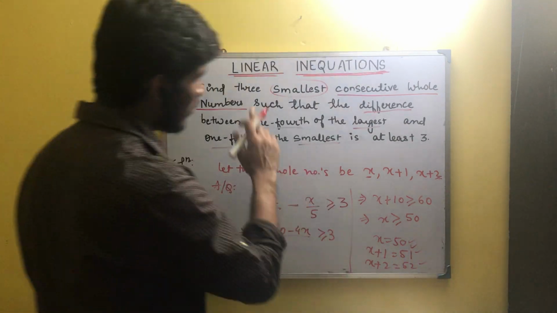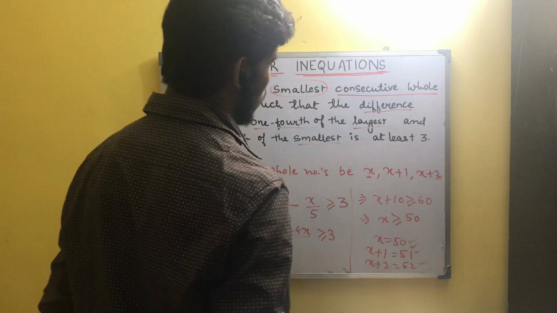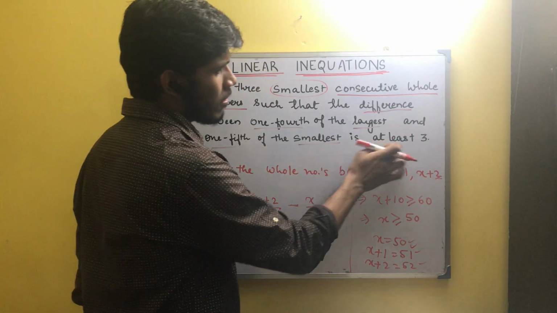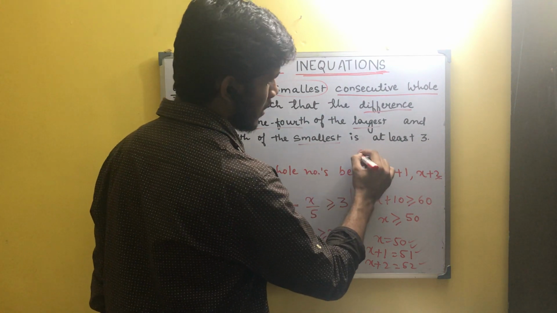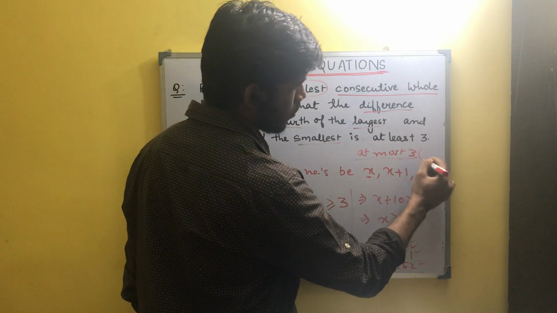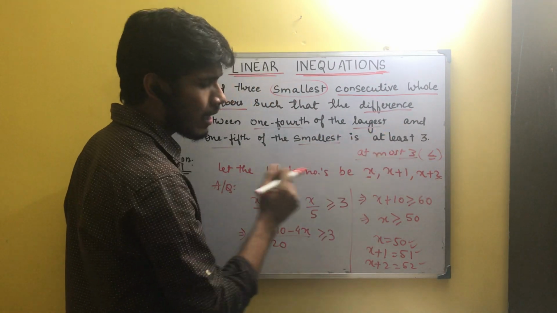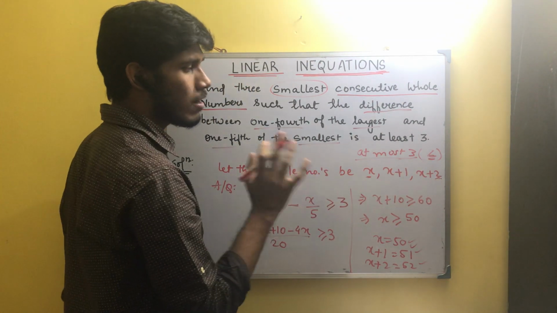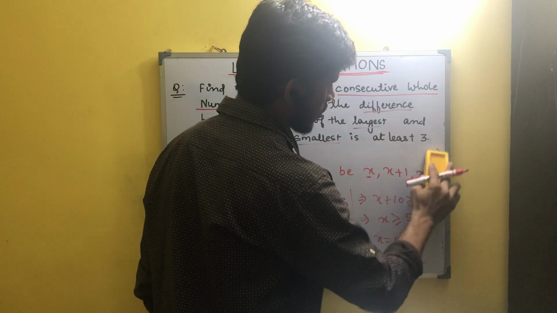So this is how we solve these linear inequation numerical problems. Now suppose we had been asked about the difference being at most 3. At most 3 means the maximum possible value should have been 3. So if it would have been at most 3, then instead of greater than or equal to, we would have used less than or equal to. Maximum 3 means don't exceed 3, pull back, less than 3, but it may be equal to 3 at max, isn't it? At most 3. So likewise we give the inequation sign.